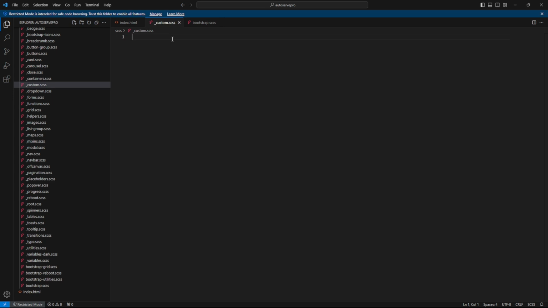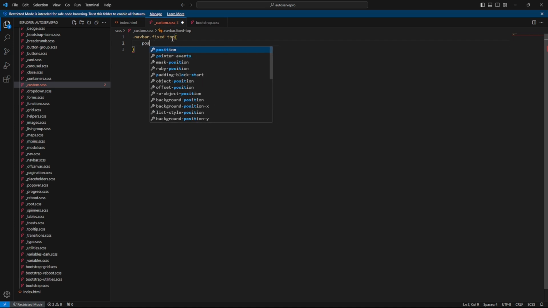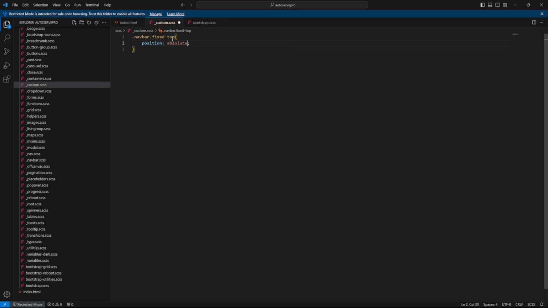But what we want to do is we want to target the Navbar class, and we only want to target the ones that have a class. They have a Navbar class, and they also have a class of fixed-top. And what we're going to do is we're going to change the positioning. We're going to change the position from fixed to absolute. So now that we have absolute set for the positioning, we can save that,